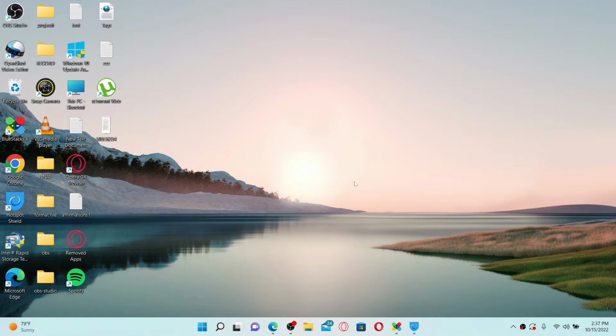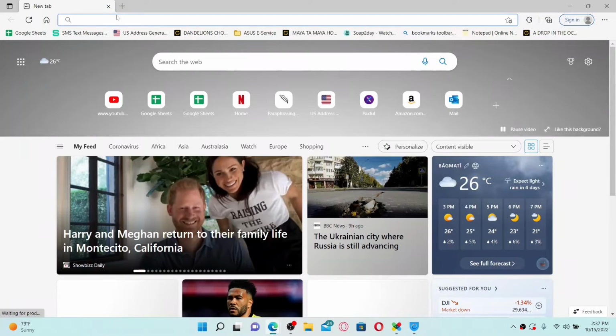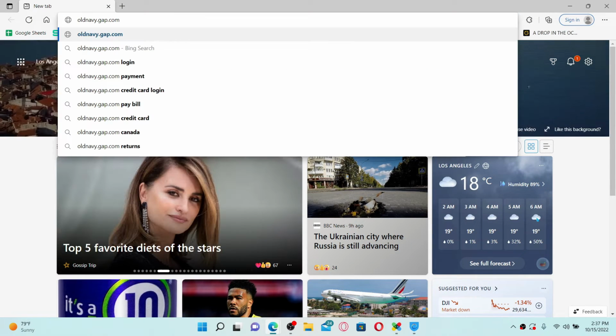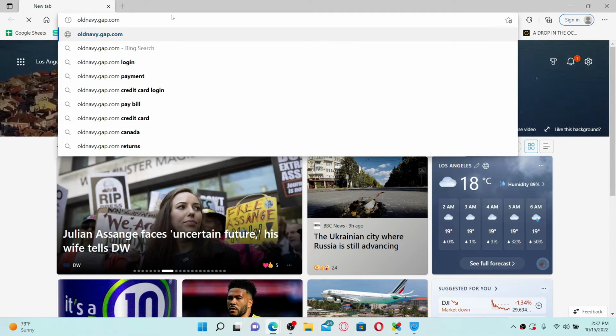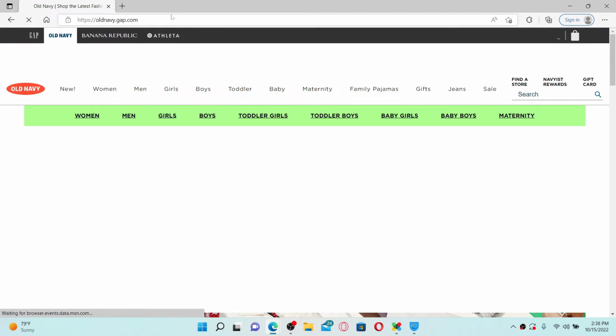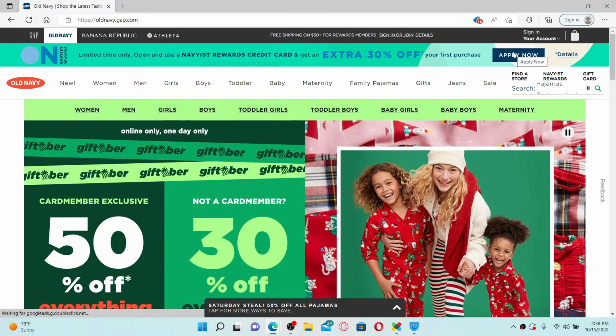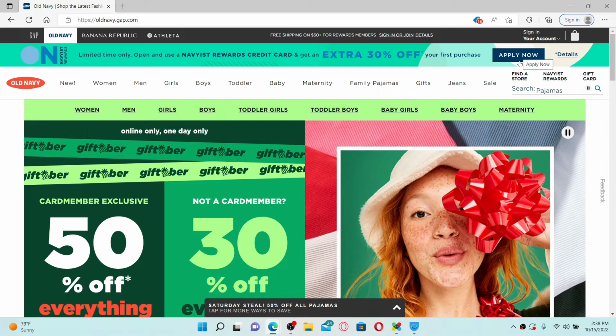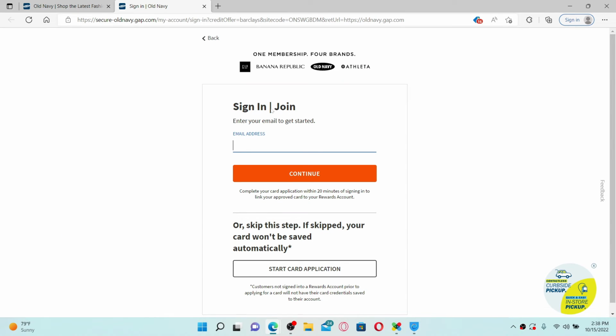The easiest way you can apply for the Old Navy credit card is online. Go ahead and open up a web browser. In the URL box, type in oldnavy.gap.com and press enter on your keyboard. Now, click on this Apply Now button at the top right hand corner and you'll be able to see this